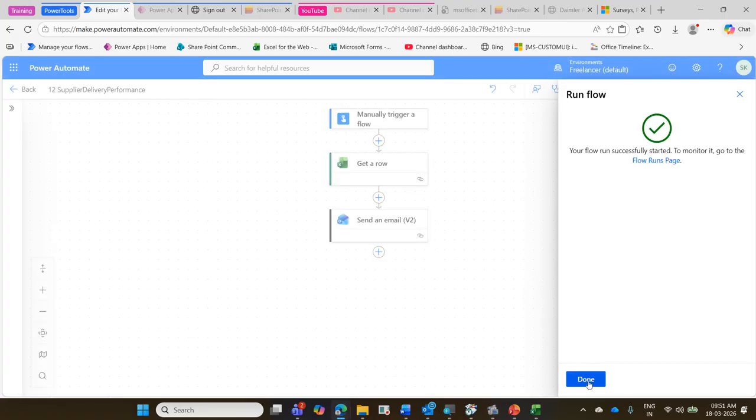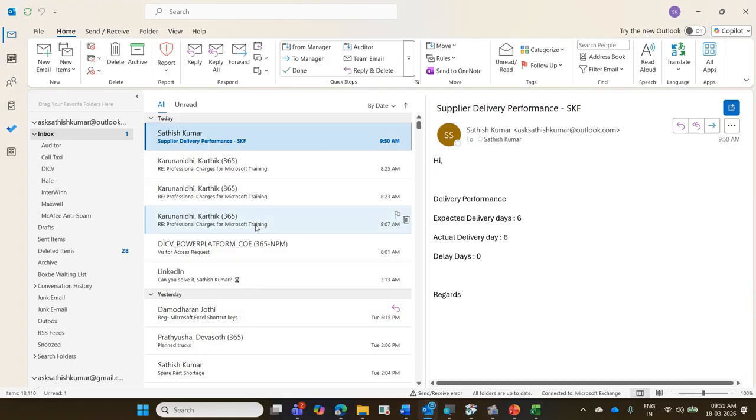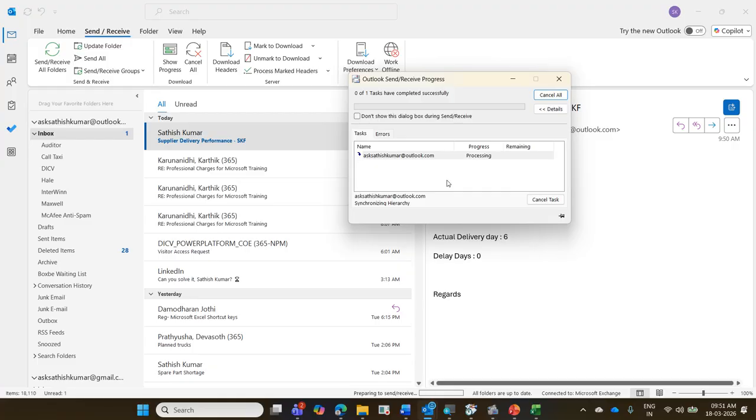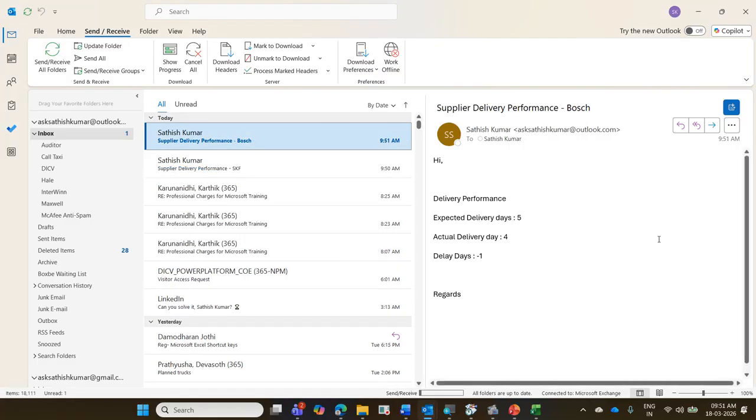Yes. So you can see it automatically sends that mail which I have given in my Excel file, and it automatically takes that company name and what is the